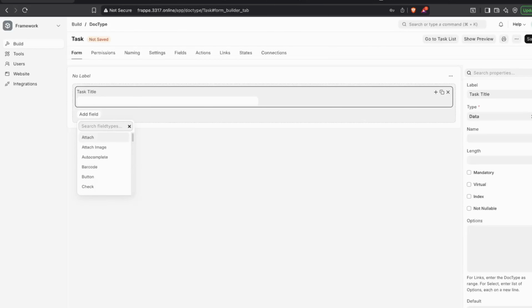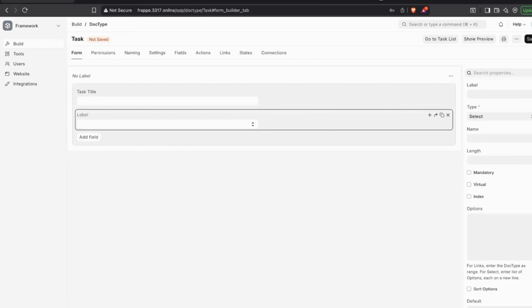It will be a drop down, right? So we'll use select for status, and when you have a field which has a type of select, you can actually give some options. For example,